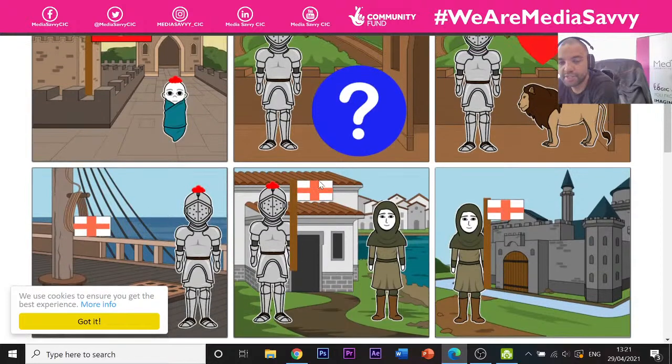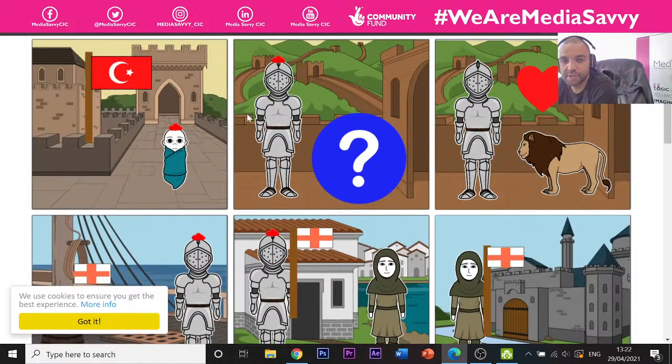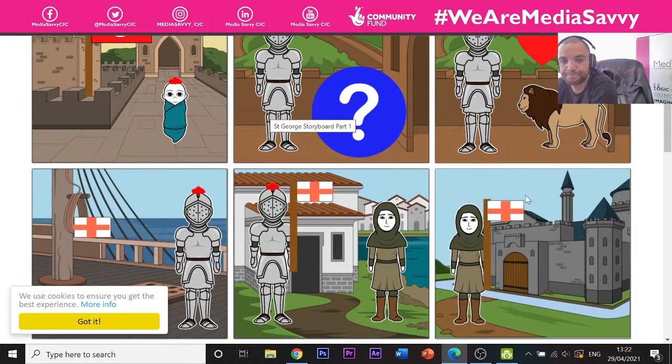He brought the St. George's flag across to England, and that's how it was adopted in this country, and that's how we have it today. It forms an element of the UK flag, the Great British flag that we have. So that was a very, very quick snapshot of